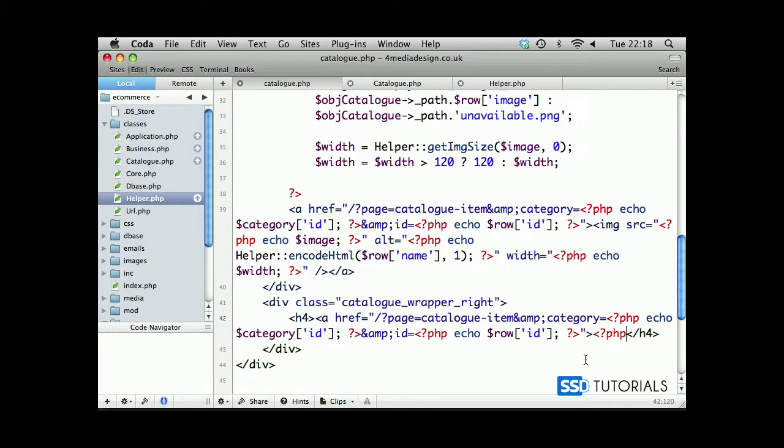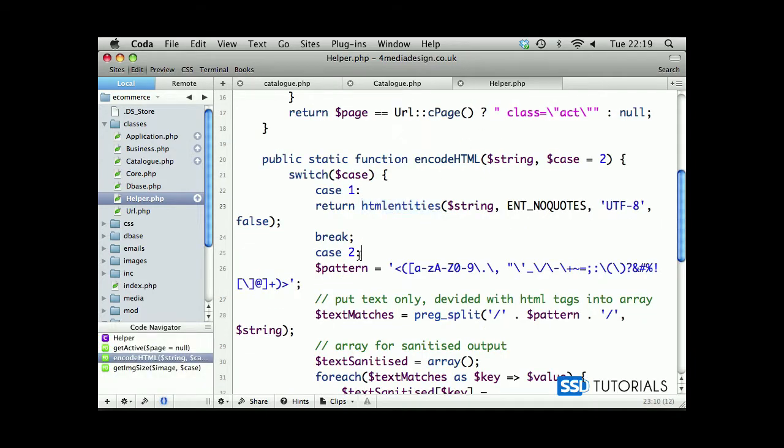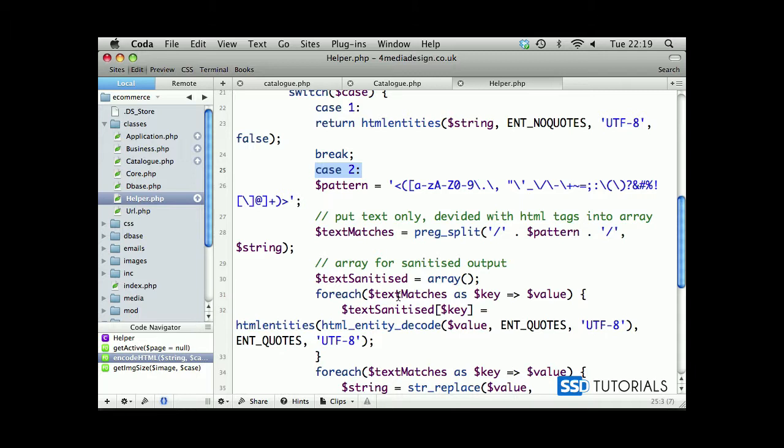So it will be opening PHP tag, echo again helper, and our encode HTML method. The first parameter will be the name of the product, which is raw name, and the second one just a case, which is again 1, because we want to convert everything to using HTML entities function. The second parameter, just to let you know, it's actually keeping all the HTML tags and only converts values